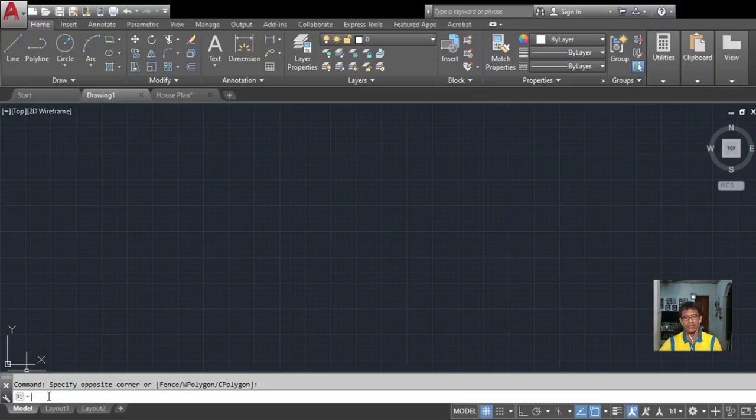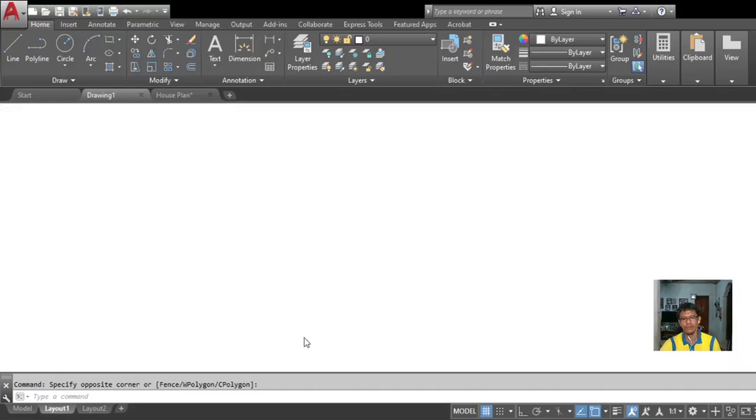Another part of the AutoCAD working environment is the model tab we have here. When you are in the model space, it's where you are going to make your drawing and modify your drawing. We have the layout. It's just like a coupon bond later on, to which you are going to place your drawing using viewport. You will be having a separate discussion about that.